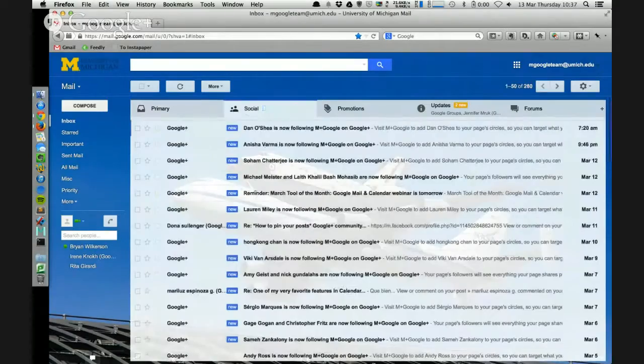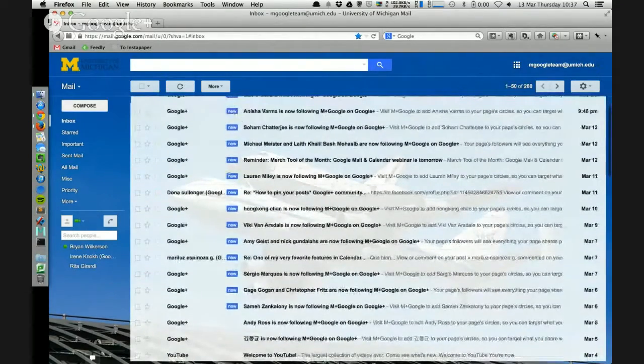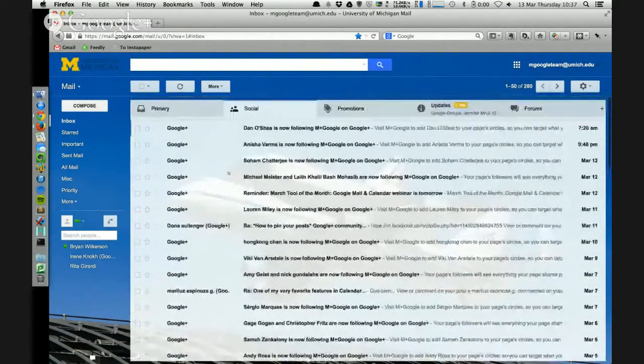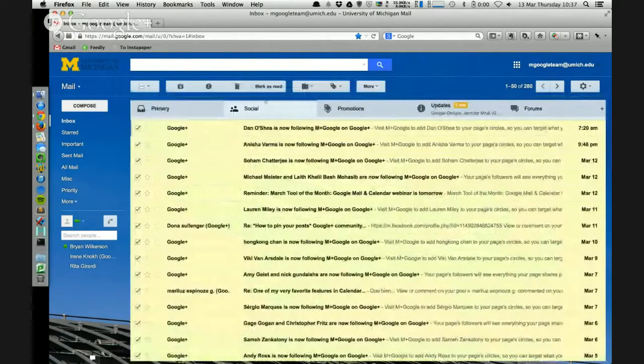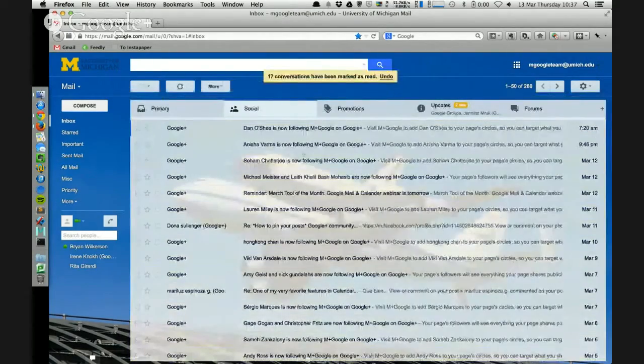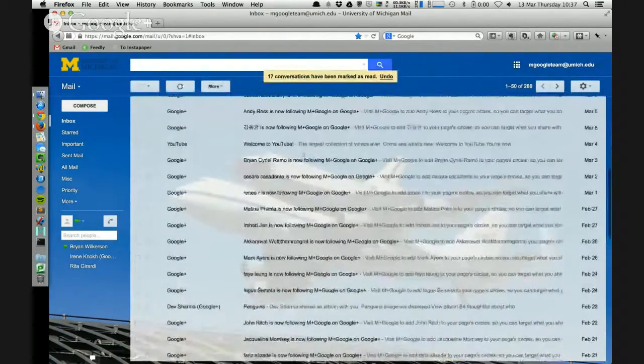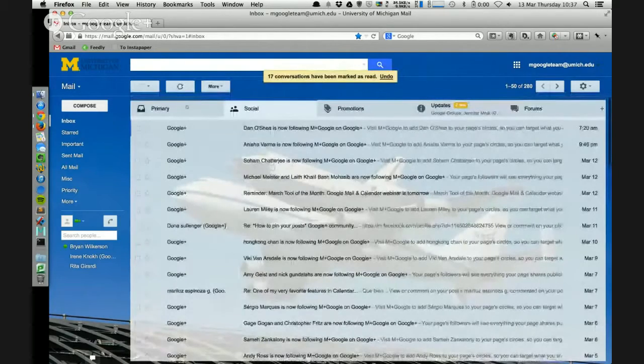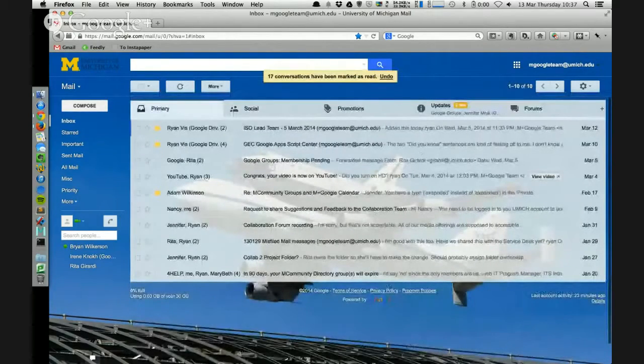If I click over, it's showing me that these are new, and it kind of fades out quickly there. I can select all the unread messages here. I can mark them as read, and I'm done with my social updates for the day. That's all the new YouTube videos and Google Plus reminders I had, and I can go about my merry way back to my inbox.